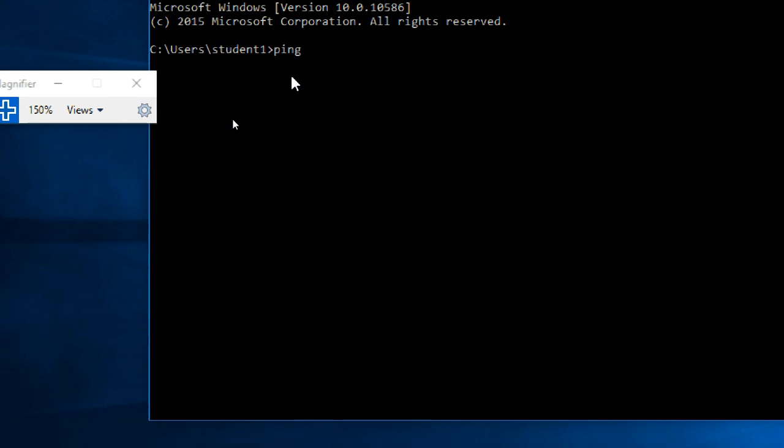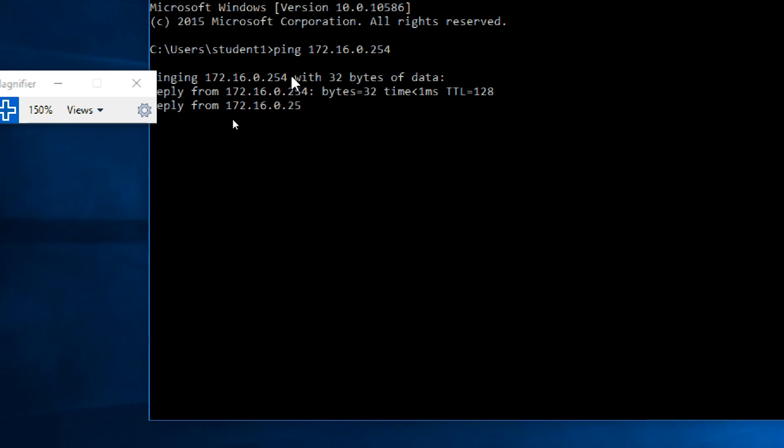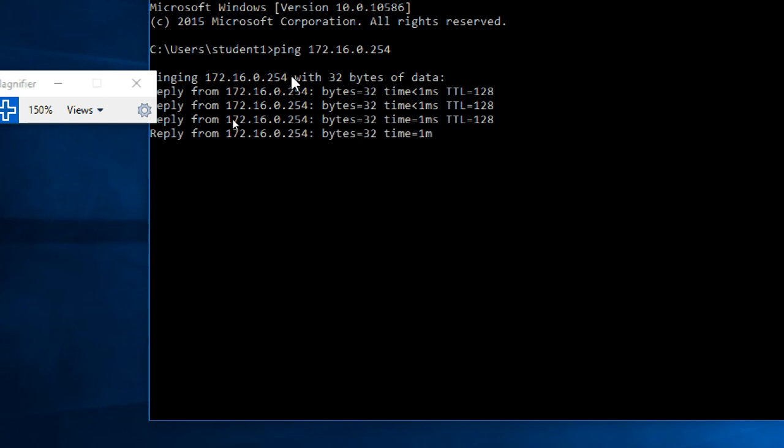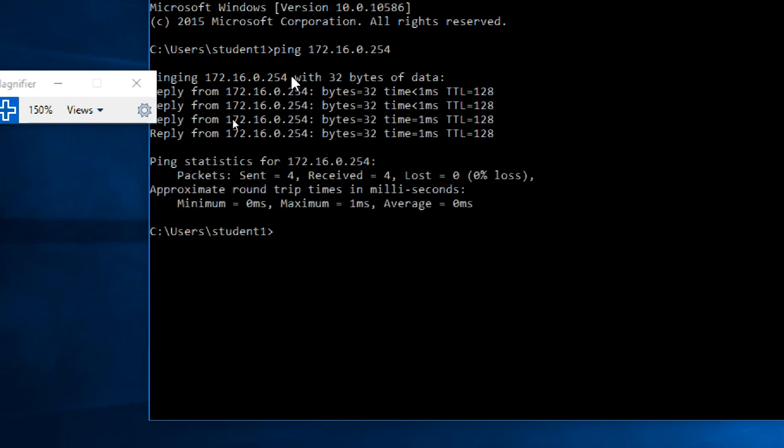First I'm pinging my server. I'm on the client, trying to ping the server with the IP address. We'll see if there is any blockage, because we have to send a request from the client. I can still ping with the IP address, which means physically the connection is there and logically the IP address is correct.